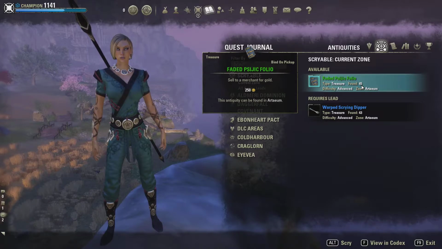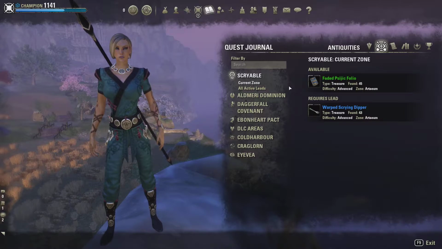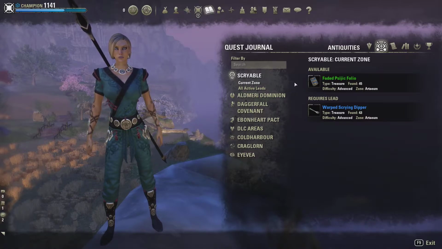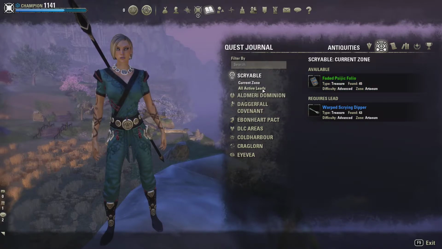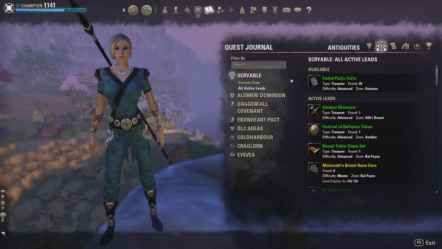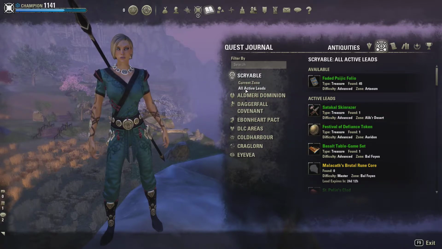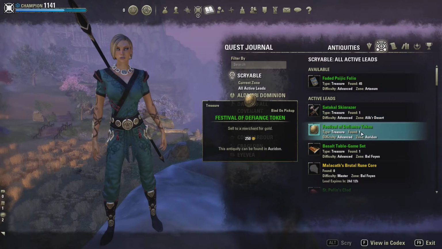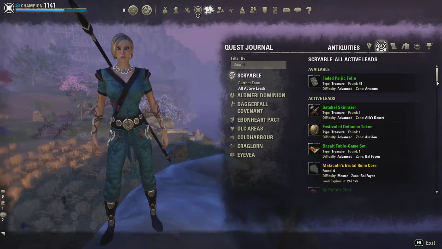This is the first part of the scrying process. You have to acquire leads, and there are leads in every zone that are free. Actually, you have one green, very simple, lowest difficulty lead, activated as soon as you unlock the Antiquities skill lines through the quest in Solitude. The rest that are active from other zones you can find under all active leads, and there you can see there's a lot of green for each zone, Alik'r, Auridon,